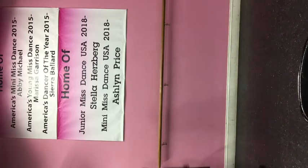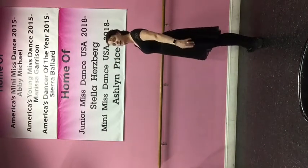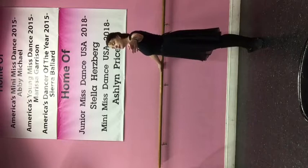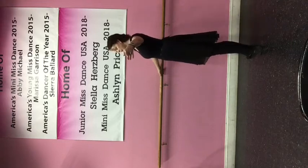Getting ready for the second side. Heels together in your first. Stretch up your knees. 5, 6, 7, and 8. 1, and side, back, close. Front,